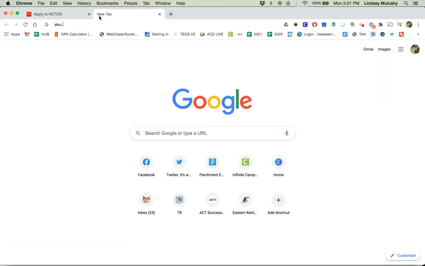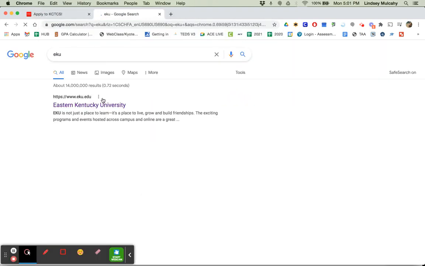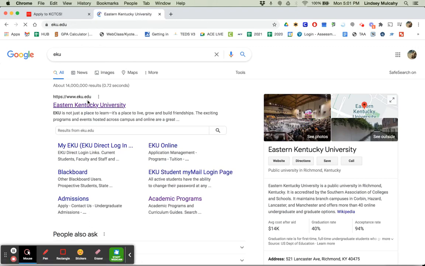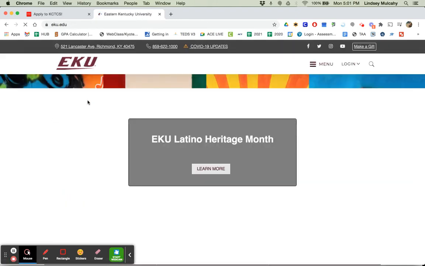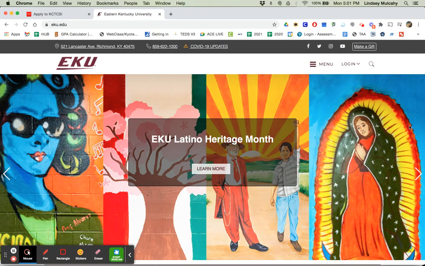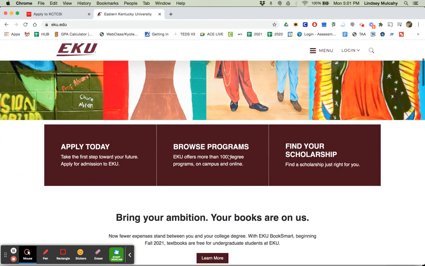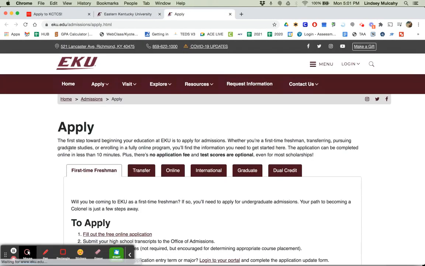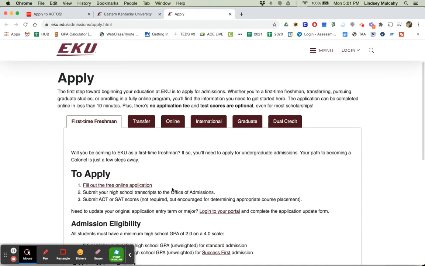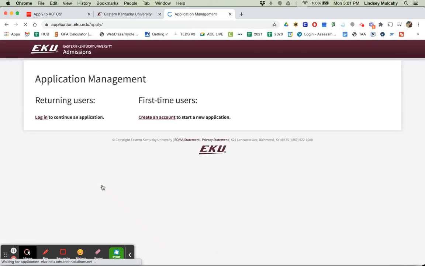So same thing goes for looking at EKU. So let's pop over to EKU. And on that front page, we should see something that says apply now. Oh, there we go, apply today. So you may have to do a little hunting. And if you're not really sure, please email me and I can send you the direct link to that application. So like for EKU, we'd fill out the